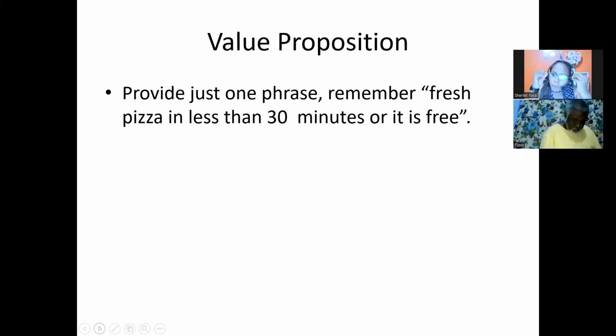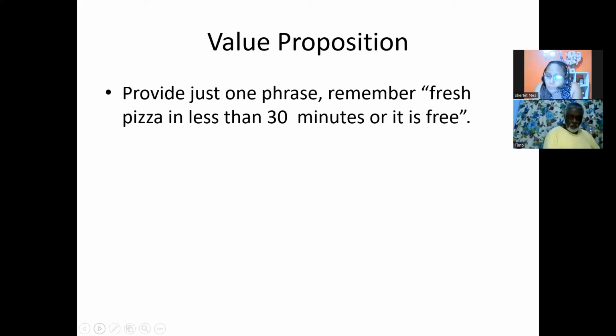We produce fresh, delicious, whatever, nutritious. Make sure it's not redundant. It's not unnecessarily long. So all of those good things that you say your product does, you want to make it into a statement, all right?